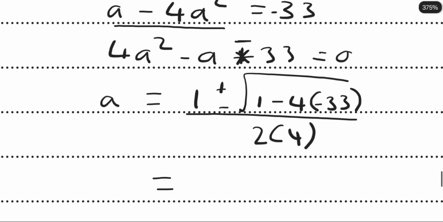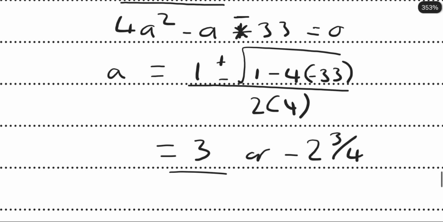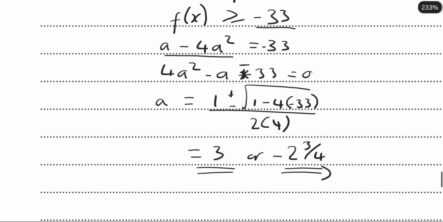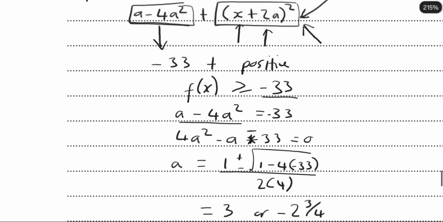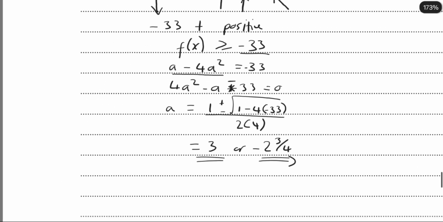If we punch this in our calculator, we get a equals 3, or a equals minus 2 and 3 over 4. And these are the two values of a. That's it for the first part, part A. Moving on to part B,